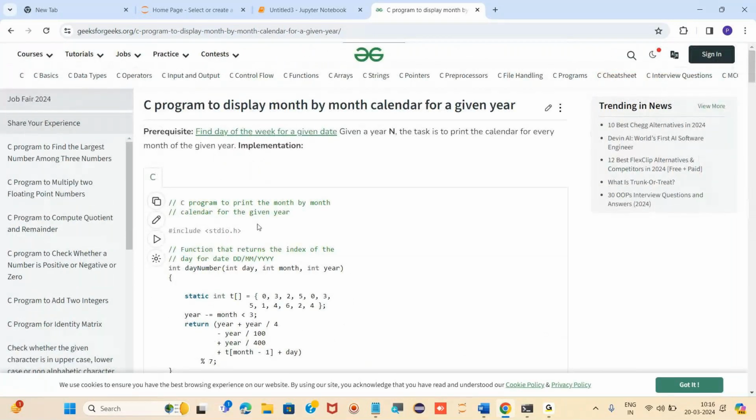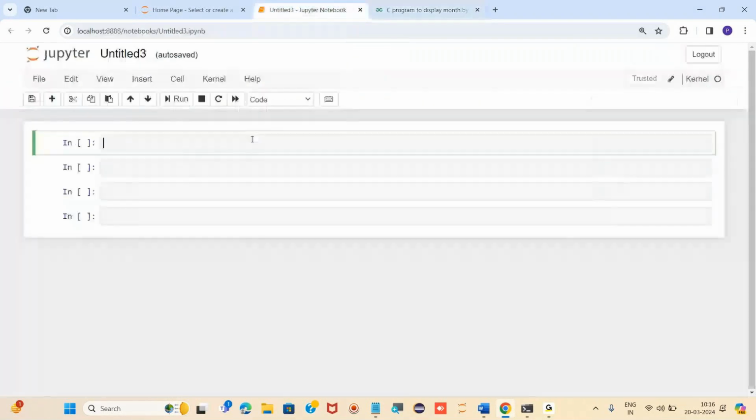But on the other hand, if I talk about Python, we only need a module, and a module is the collection of classes, variables, and functions.